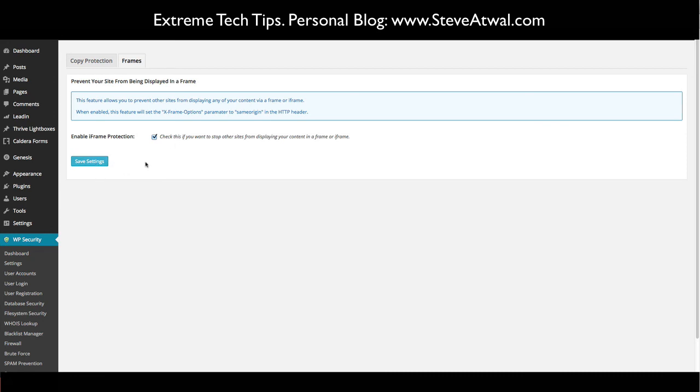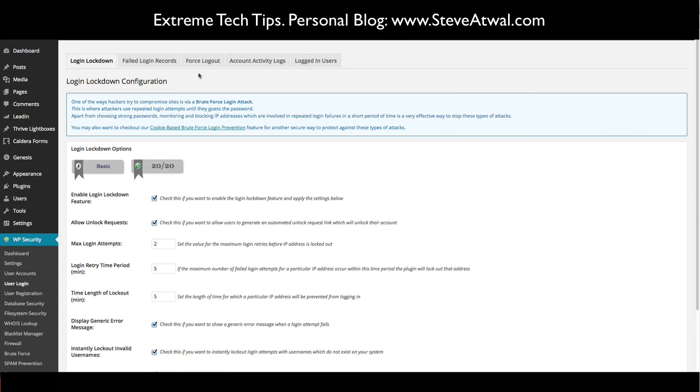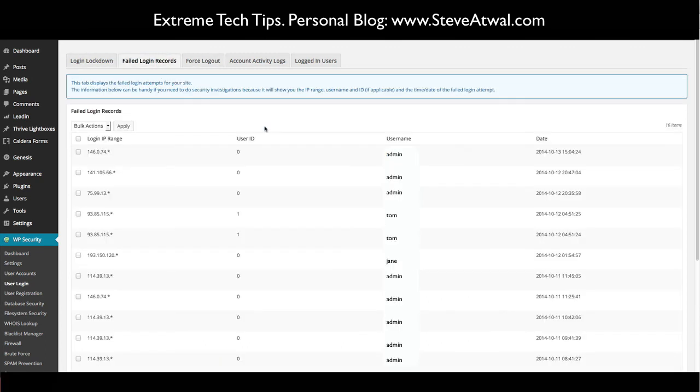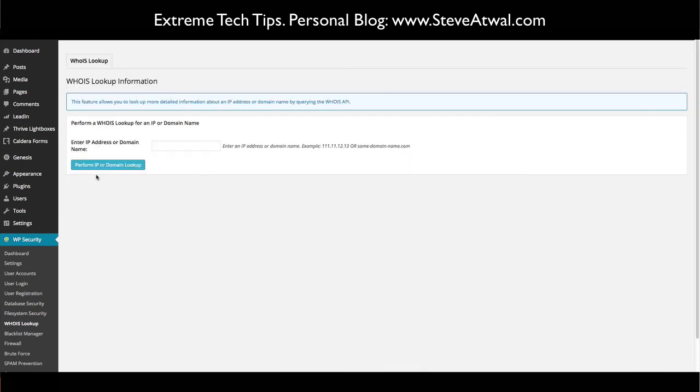Okay, we're basically done here. Now, what I would do is, once you've set all these options, all you have to do, maybe every few days or once a week or whatever schedule you set, is go into user logins, see who's trying to hack into your site, the failed login records, see who's trying to get in, make a note of any attempts there, the login IP, enter that into the who is,